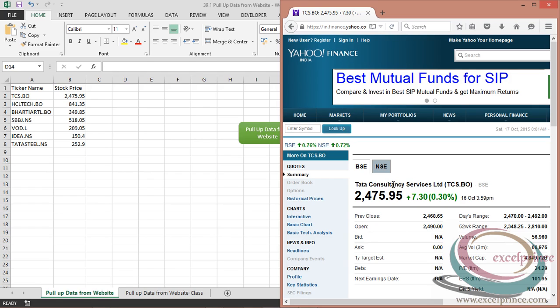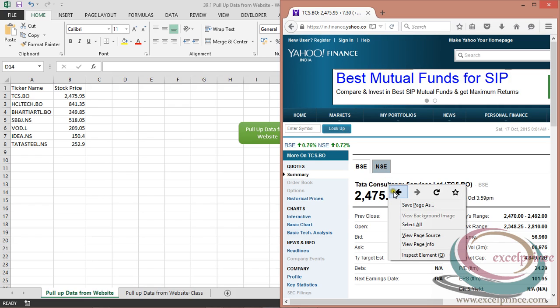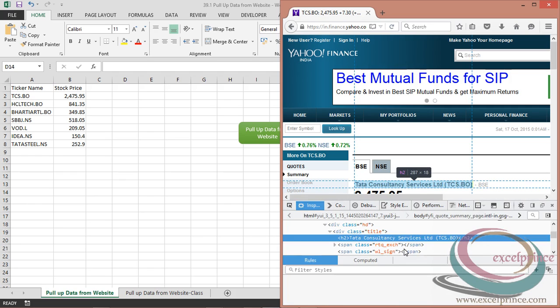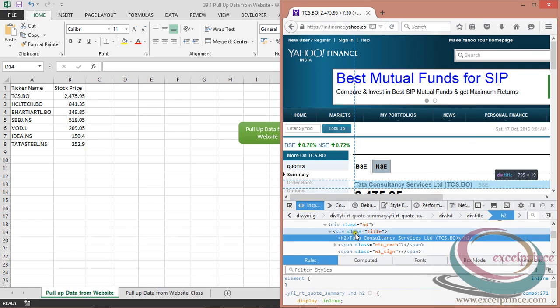For that I need to understand what the object is all about. If I click on this Tata Consultancy Services and inspect this element, it would be an H2 tag, heading 2, lying under a class, and the class name is title.